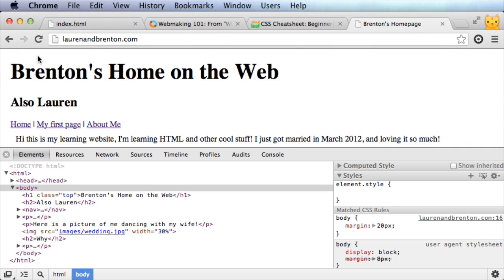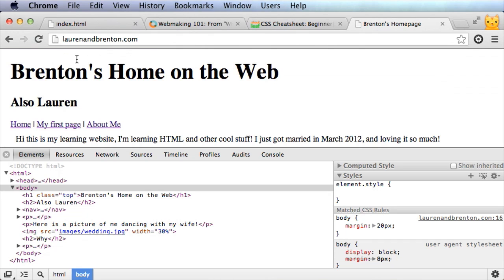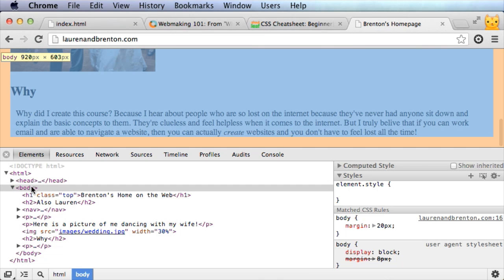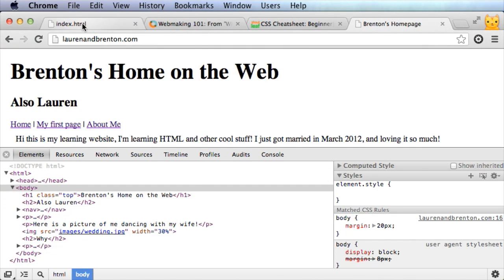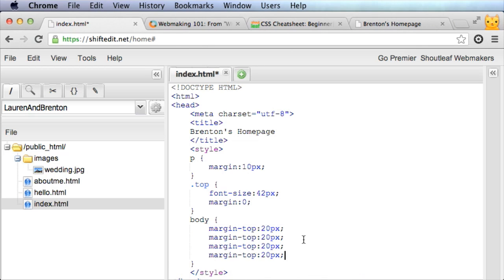Now I actually don't want it to come down. You see that it gave it a top margin and a left and a right and a bottom margin. If we scroll all the way to the bottom, you'll see it has a bottom margin too. So how do we apply just a top margin? This is special. The way to set this is you can say margin-top, and then you can say that for all the other ones too. So I copy that, paste, paste, paste: top, right,